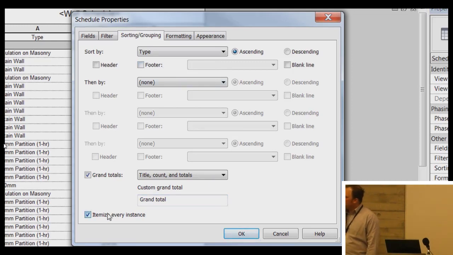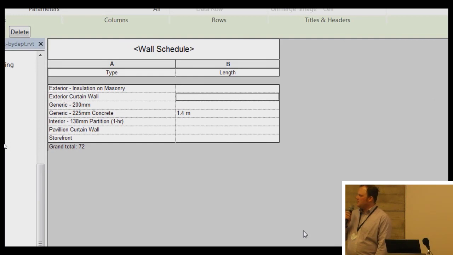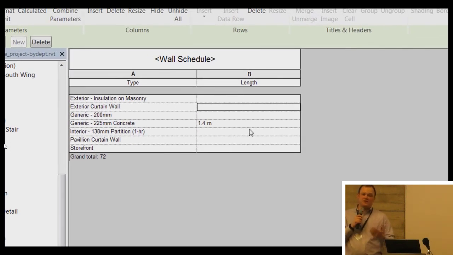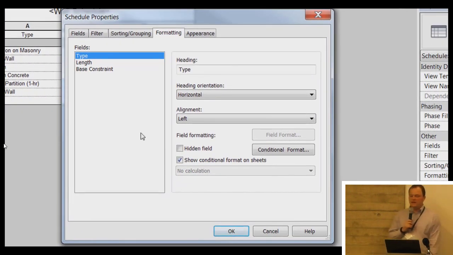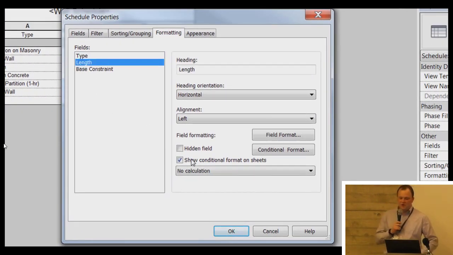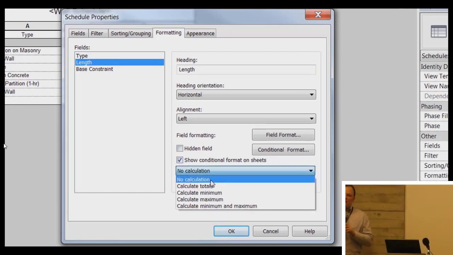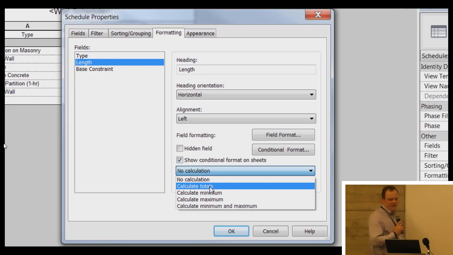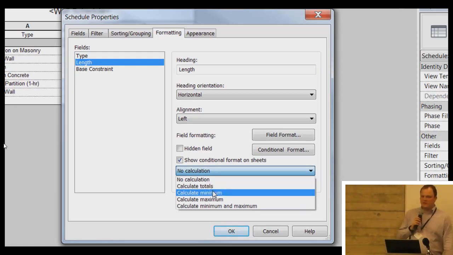If you sort by type in a schedule and take off itemize every instance, if you've got something like length in the schedule, obviously if there's more than one instance of that particular object, then of course it doesn't display the lengths anymore. Does everyone know that there's this option here, show conditional formatting on sheets? And you can turn it to calculate totals, which I'm sure we all probably did know was there,